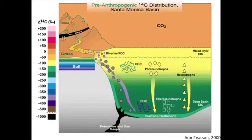Oh yeah, sorry. I love these illustrations. These are two cartoons describing the distribution of carbon-14 pre and post-bomb. Anne made these for her PhD thesis exam, and I saw them and asked for copies. I think they're just marvelous graphics. So here's the carbon-14 scale